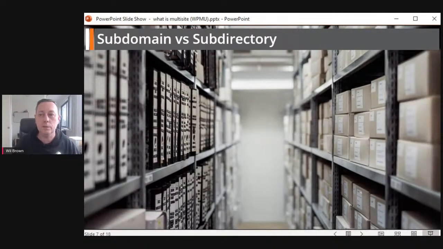So for those that don't know, subdomain is, for example, blog.mydomain.com, like blog1, blog2, blog3 mydomain. And subdirectory is, of course, just installing sites on a subdirectory. So for example, you'd have mydomain.com/site1/site2/site3. And people have been debating whether to use a subdomain or a subdirectory for years, and really which one